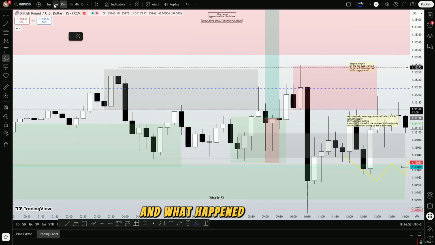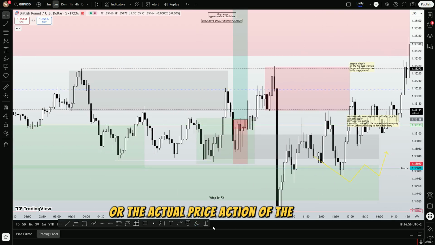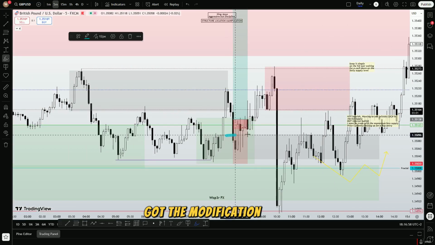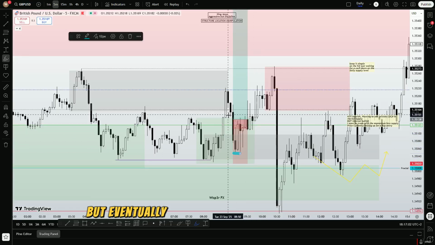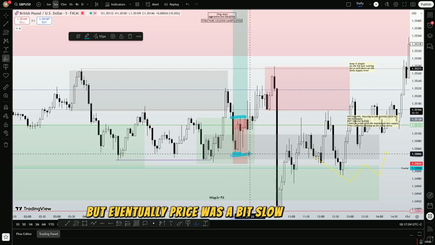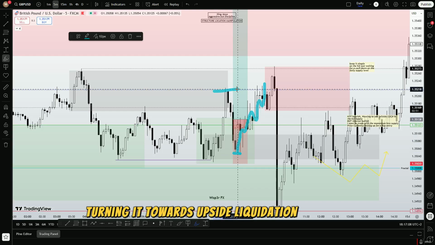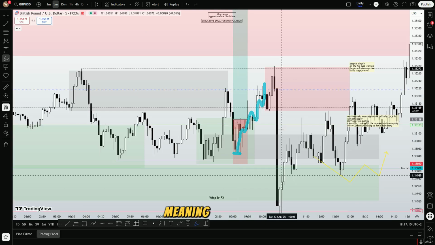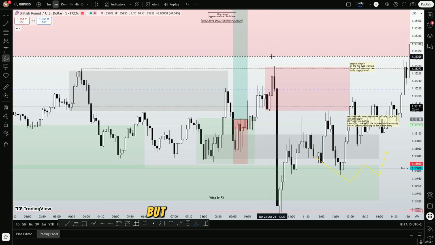And what happened on entry, or the actual price action of the entry? The mitigation price gave us that refined entry as well. Price was a bit slow coming out, but eventually found strength, trading towards the upside, liquidation at high, meaning break even. So we place our stop loss at break even, but then